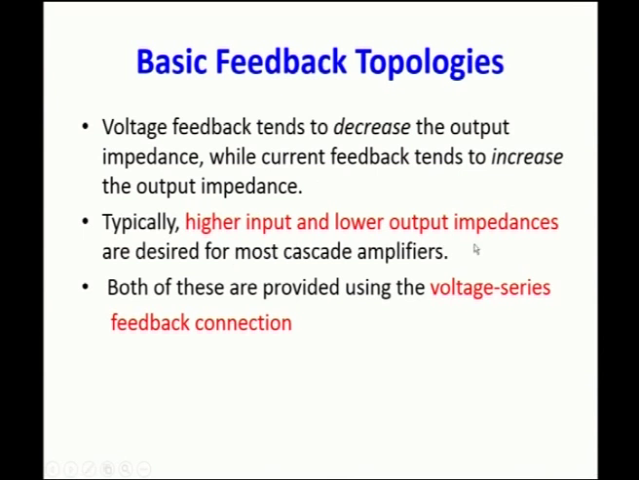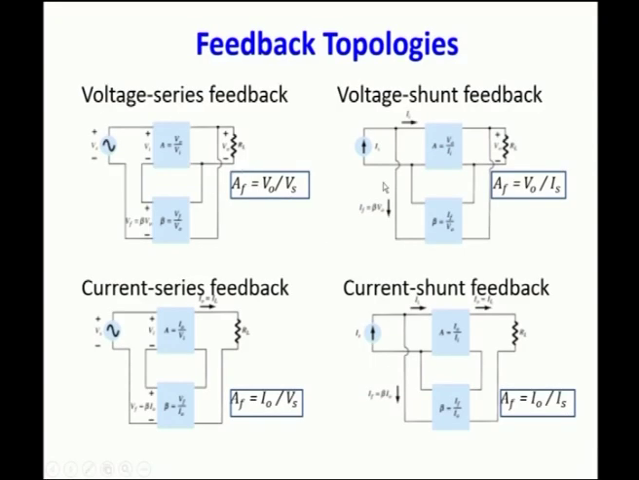Typically, higher input and lower output impedances are desired for most cascade amplifiers. Both of these are provided by using a voltage series feedback network. You can see from the heading itself, voltage means you are connecting the output voltage to the input of the amplifier, and if it is a voltage, you are taking it in parallel. So, the output impedance is reduced, and if you connect it in series to the input voltage, then the input impedance is increased. That is why the voltage series feedback connection gives you higher input impedance and lower output impedance. So, these are the different types of